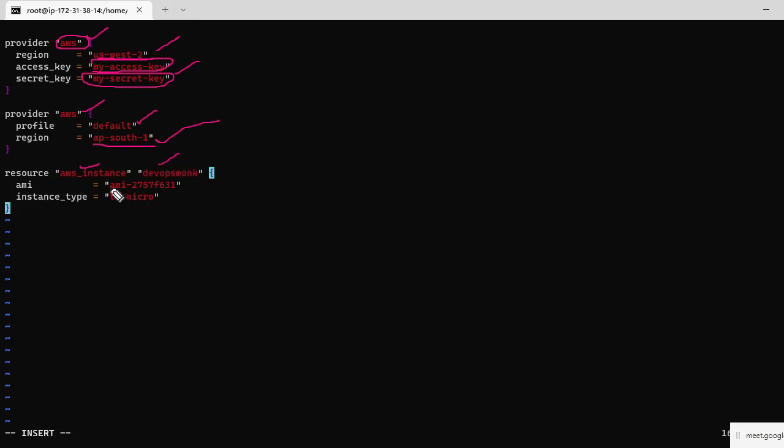Then the AMI is nothing but whether you want Linux or Windows. The AMI section we have already covered separately. There you can take the image ID, and you can specify what type of server you need here, and then you can go for the implementation, planning or validating of this script.